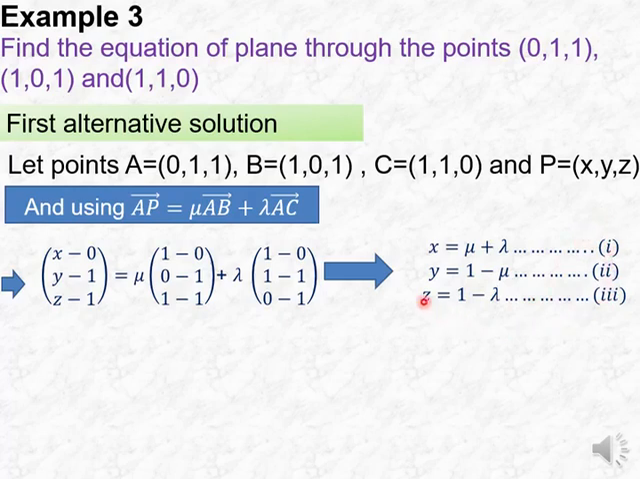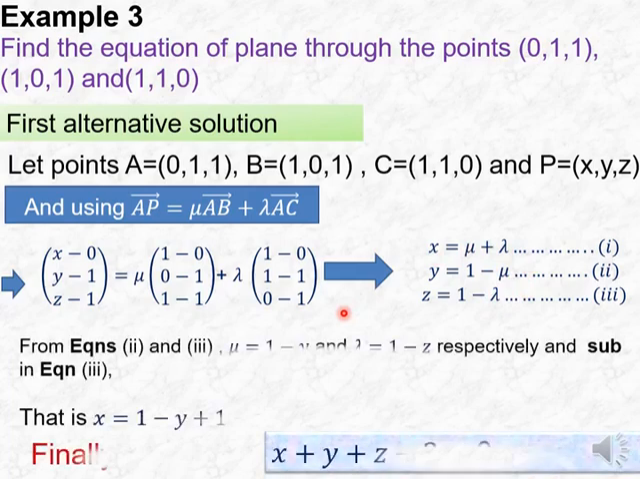So here our main aim is to get a means of eliminating the parameters mu and lambda. So there are various ways of doing that. In my case, I'm going to make mu the subject, and I also make lambda the subject in equation 3, and the mu I've got from equation 2 and the lambda from equation 3, I substitute them in equation 1, so that where there is mu, I substitute there